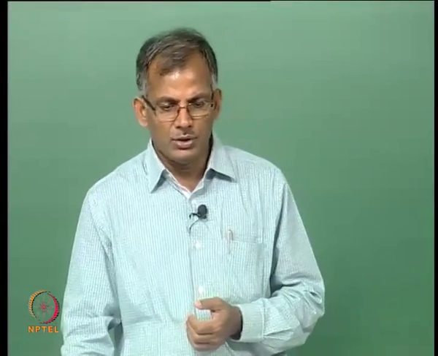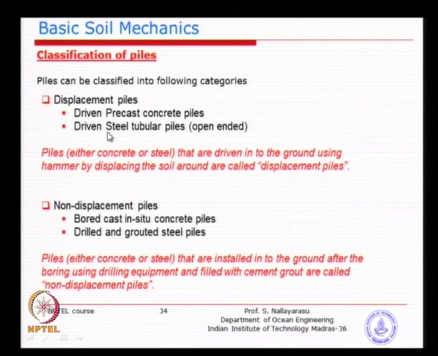Most of the time we use driven steel tubular piles beyond a certain water depth because of the strength requirements. For example, if you have 10 meter water depth, maybe any pile can work, but if you have 20 meter water depth, to make a concrete pile take the slenderness and the strength characteristics, you may require a very large diameter. For example, 2 meter diameter may be difficult to construct, and that is why at that type of water depth you go for steel pipe piles, which you can make 1 meter, 2 meter, 3 meter, any diameter. It is quite easy, because you are going to take a steel plate.